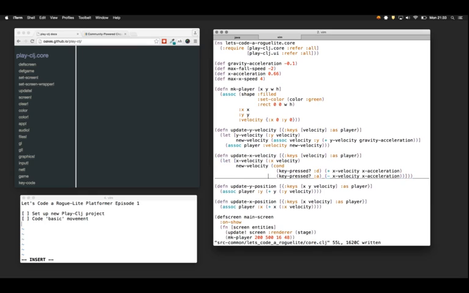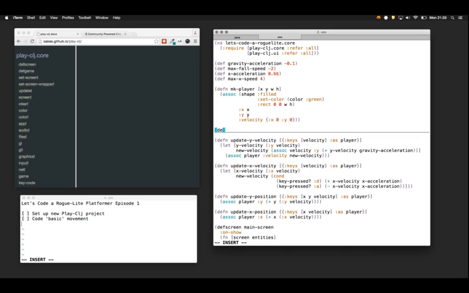Cool, so we should be able to twitch the player left and right, but they will be falling so quickly that we can't really notice because I totally forgot to cap out the velocities and use these max values here. So let's do that. The way we're going to do that is we're going to write a new function called